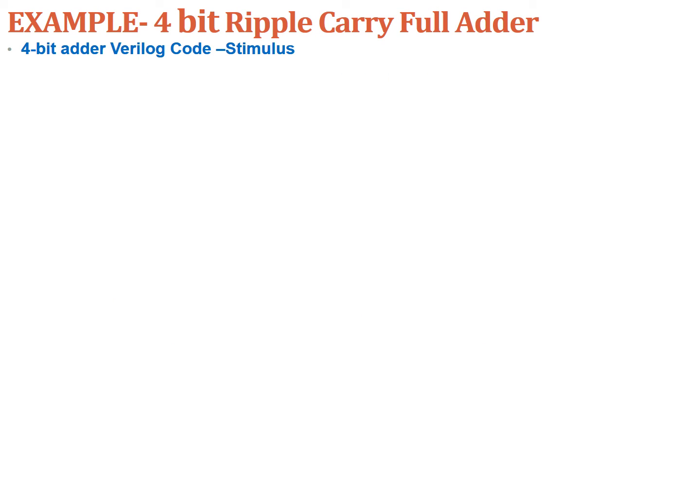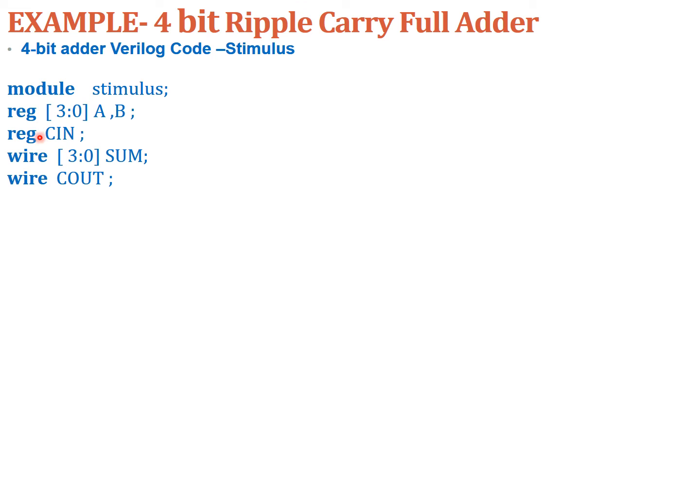Now we write the stimulus code, the test bench for this 4-bit ripple carry adder. Our design is a 4-bit ripple carry adder, which we have designed using one bit full adders by instantiating it 4 times. So stimulus must be written for the 4-bit ripple carry adder, which is the main design block. As we know, stimulus will not have a port list module. The name given to this module is stimulus. All the input variables should be declared as register. All the output variables must be declared as wire. So we had input, output in the previous program. So we have done the declarations.